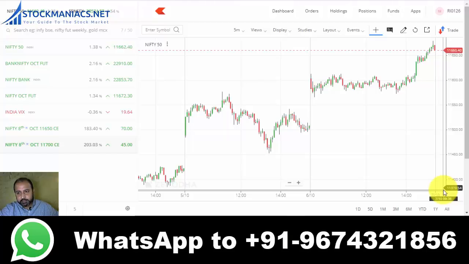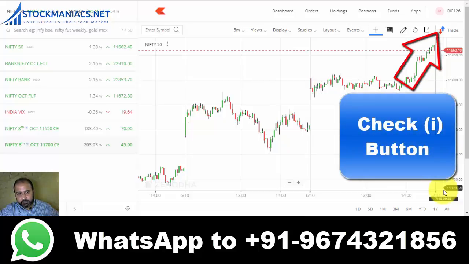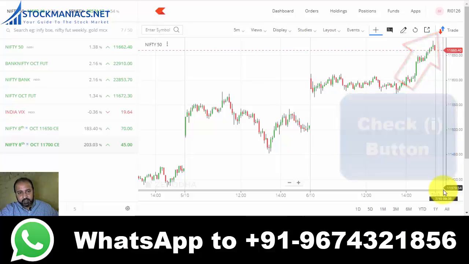So now friends, let me show you the divergence trading in Zerodha Kite. I believe you already have a trading terminal and a charting platform with you. If you do not have any in front of you, I'll suggest you get Zerodha Kite. I'll be giving you the link to open an account in Zerodha in the video description. From there you can open an account in Zerodha and you can get Zerodha Kite very fast.